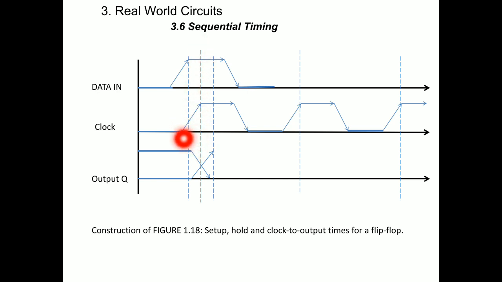Before the clock edge, the data should be present for some amount of time, and after the clock edge, the data should be present for some amount of time. During this time, the output will capture. From this time onwards, the output will capture the same data. You can see D is 1, Q is also 1. The Q output is capturing the data input signal after the clock edge.